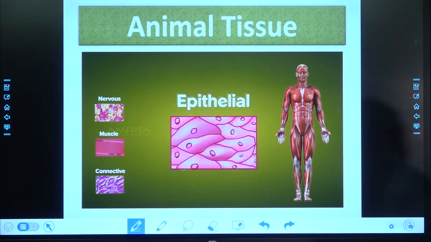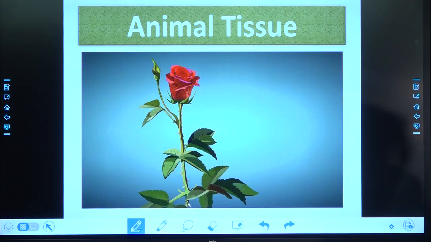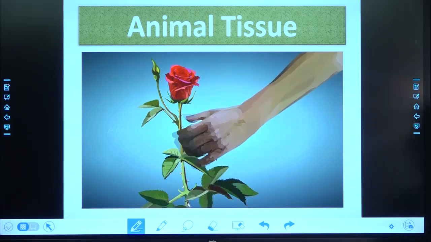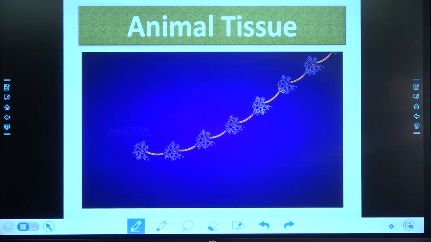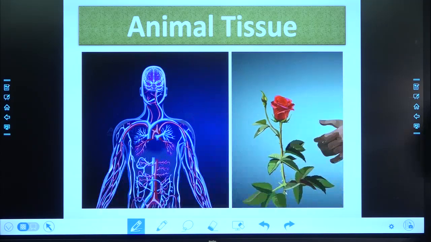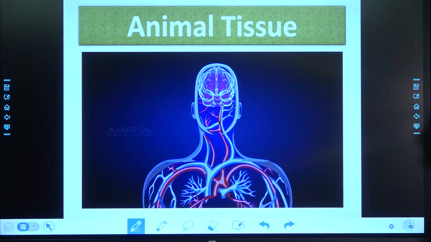The next tissue type is nervous tissue, which consists of a nerve cell or neuron that has a cell body containing the nucleus. The cell body extends and forms specialized cell parts called dendrites and axons. These are nerve cells that help you retract your hand when you touch a thorn. How does this happen? Nerve cells carry messages. That is, the dendrites bring signals to the cell body, and the axon transmits the information to the dendrite of another cell. These nerve impulses allow us to move our muscles when we want to, thus retracting our hand. The brain, spinal cord and nerves are all composed of nervous tissue.